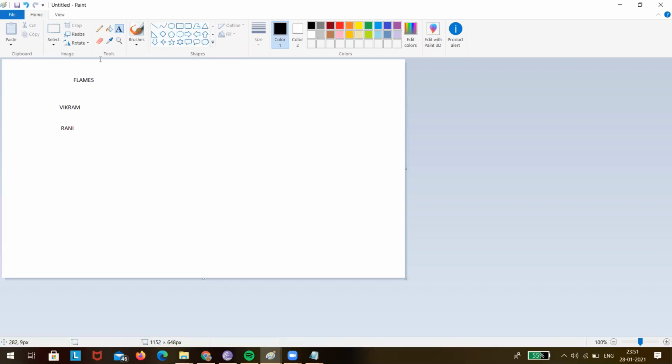Whatever common letters there are, we have to cut down. This R is here and this R is here, we'll cut them down. This A is there and this A is there, we cut them again. This I and this I also we cut down. So we are left with V, M, N, and also K. So 4 letters are left.